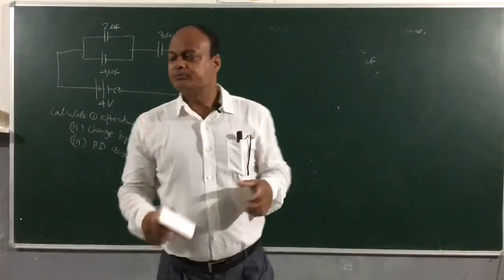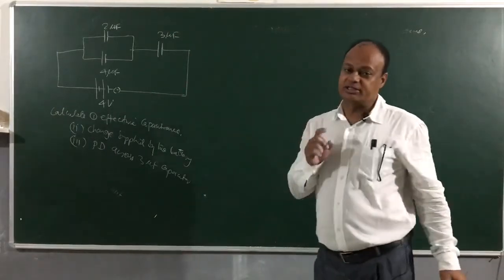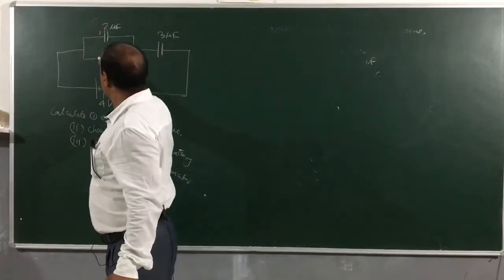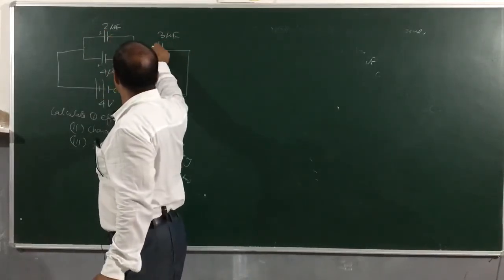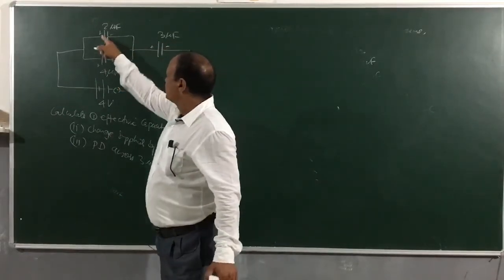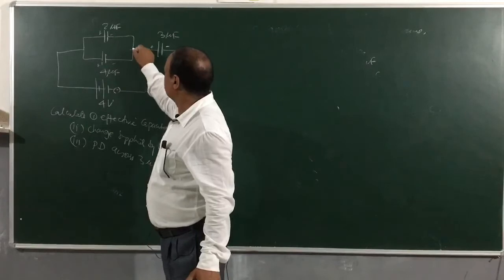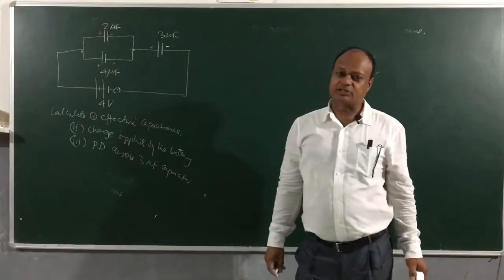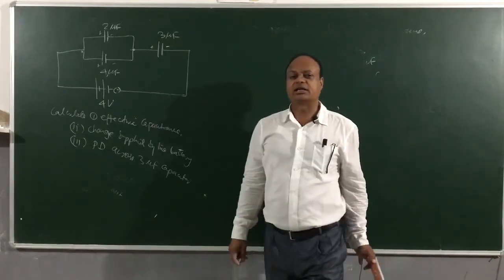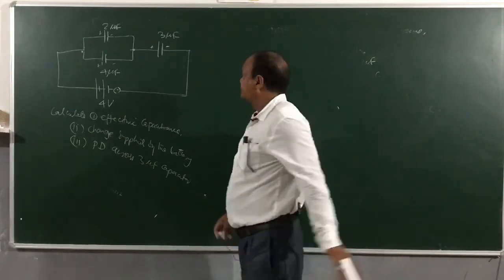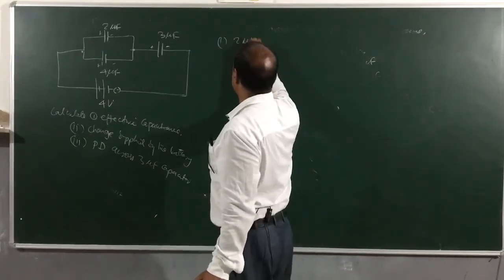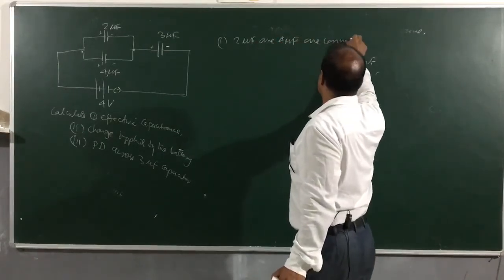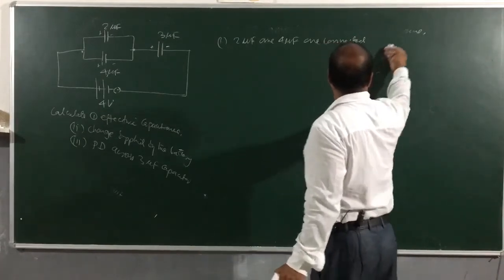This is very easy. If you look at the circuit diagram, I told you first have to decide what is the nature of the combination. So you can see here positive, these two are positive, negative, positive and negative. Obviously positive are connected together, negative connected together at these 2 points. So you can see that 2 microfarad capacitor and 4 microfarad capacitor, how they are connected? They are connected in parallel. So let's say here 2 microfarad and 4 microfarad are connected in parallel.